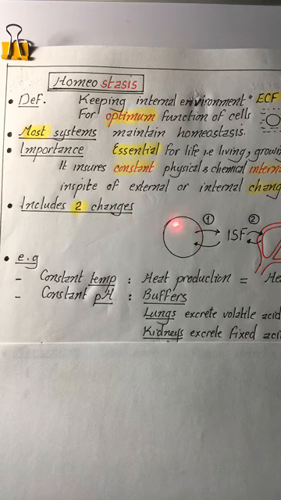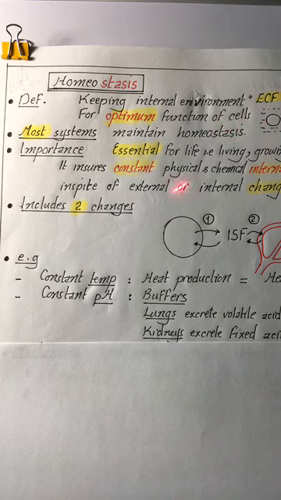The changes between the intracellular fluid and the extracellular fluid, here we mean the interstitial fluid, and the second change between the interstitial fluid and the blood. So homeostasis depends on two changes: between the intracellular fluid and interstitial fluid, and between the interstitial fluid and the blood. The fifth point, to give an example, we have in homeostasis to keep the extracellular fluid